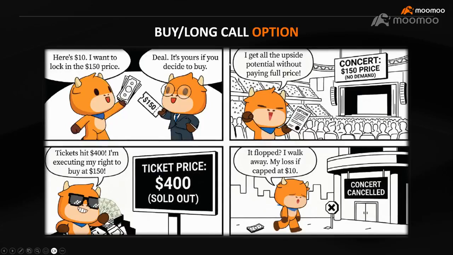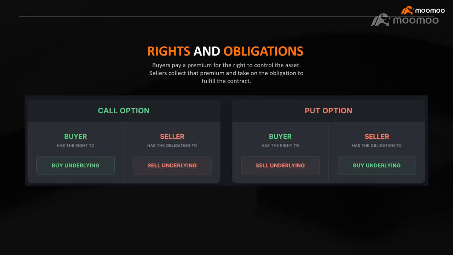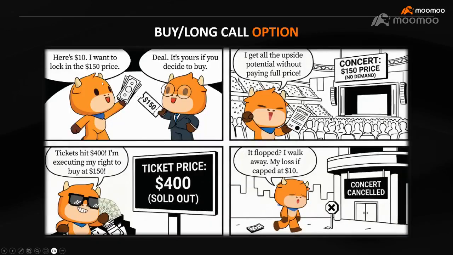In options, we always talk about the 4 legs. What are the 4 legs? It basically means you can buy the option or sell the option on the call options, which makes 2. Then you can also buy put and sell put. So there will be 4 options for you to choose, whether you want to be a buyer or a seller. Let's take a look at some examples.